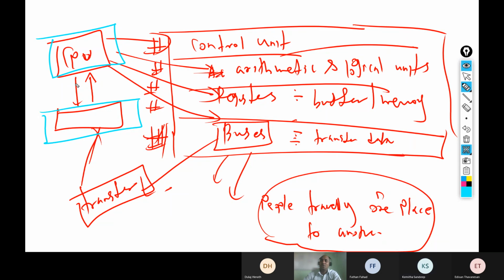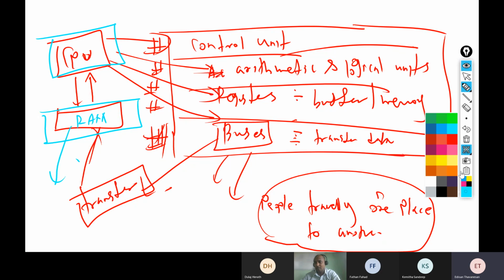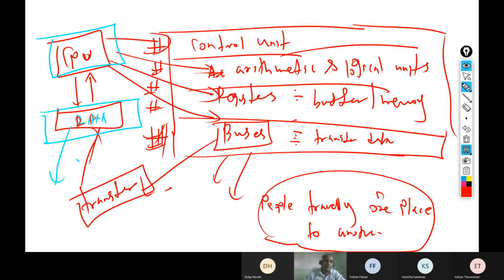Motherboard? No, not the motherboard. Is it RAM? Yes, RAM. Who said that? Edison. Yes, RAM is the best friend of the CPU. Because the CPU mainly deals with random access memory, they have a big connection,